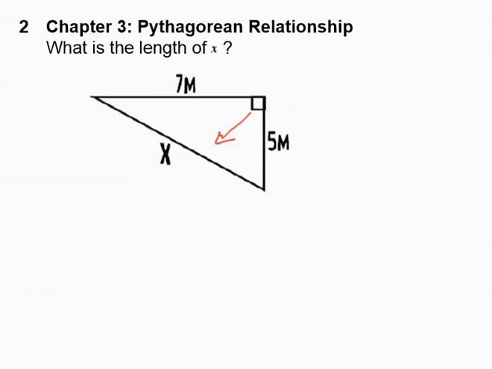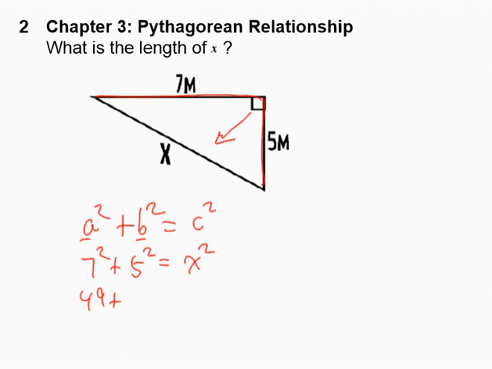So here's what we're going to do. We're going to use our formula a squared plus b squared equals c squared, keeping in mind that a and b are the legs of your right triangle. So 7 squared plus 5 squared equals x squared, or 49 plus 25 equals x squared, or 74 equals x squared. Now in order for us to solve for x, we need to square root